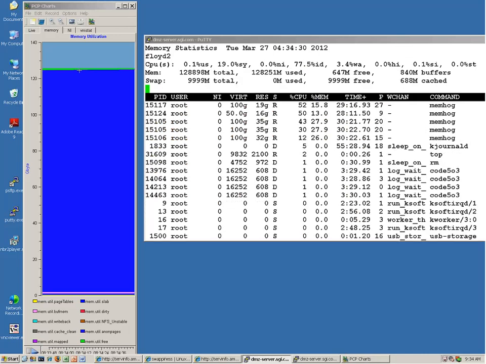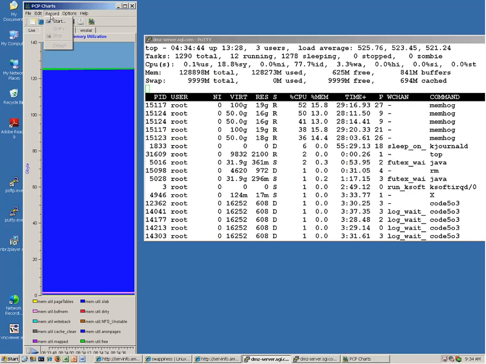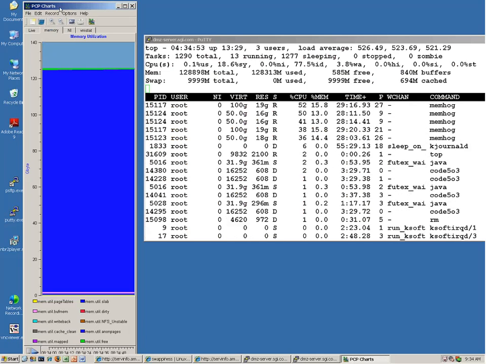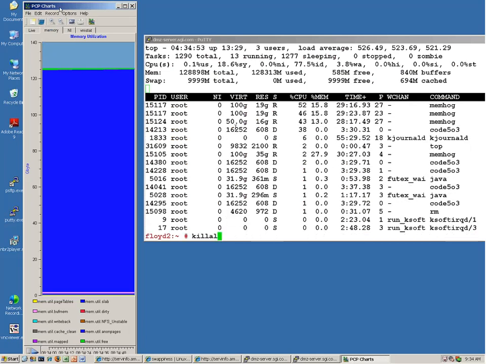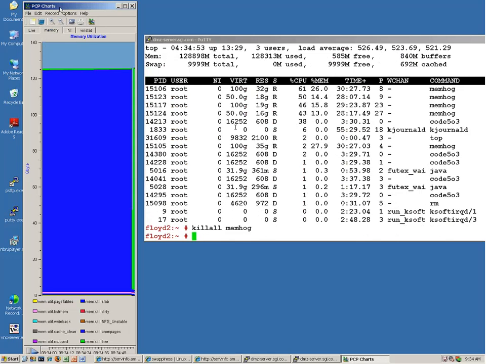This was recorded through PM Logger, but I could have done a record and actually started the recordings, but they would have been saved on my Windows system, and I didn't want to do that. Let me kill all memhog. So what I want to try to do now is,